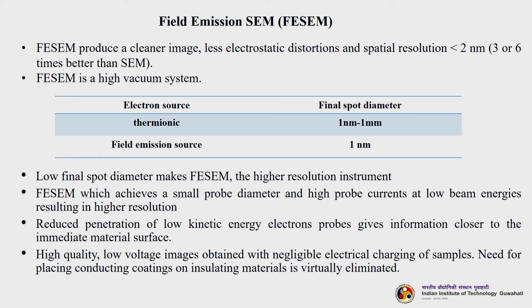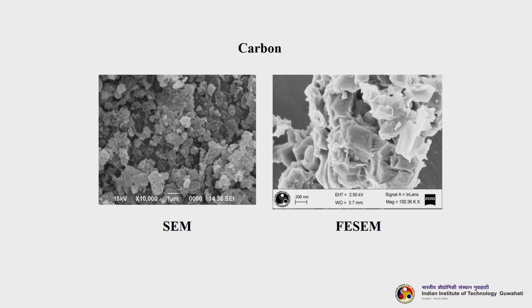Let us understand quickly that FESEM is a technique in which field emission is used, and its resolution is 3 to 6 times higher than the resolution of the usual SEM. So, you can see this image, which will be very clear. This is a SEM image of carbon particles. Here you can see that particles are also clearly visible. However, if you use FESEM on the same material, it will give more distinct features, a more clear, higher resolution and brighter image.